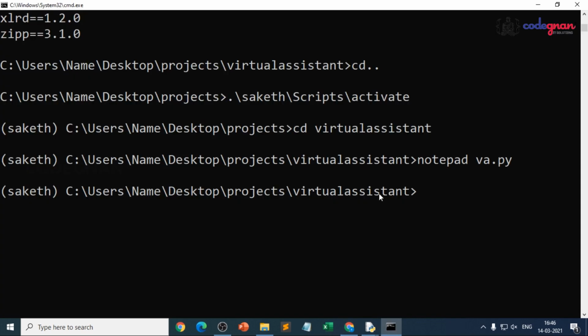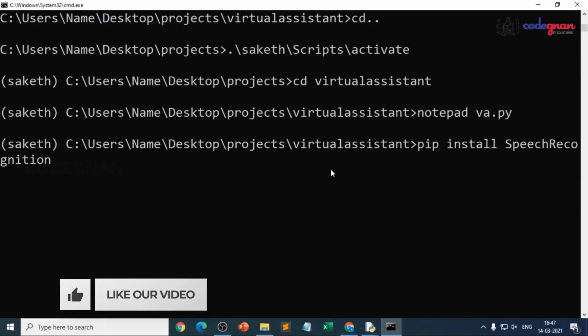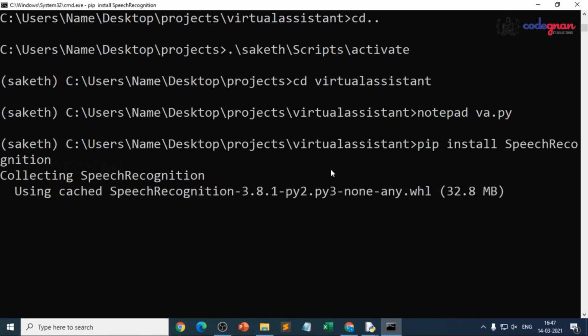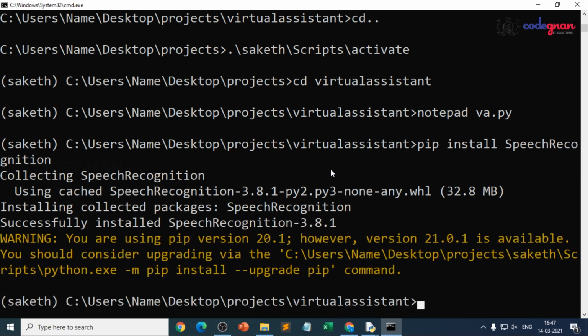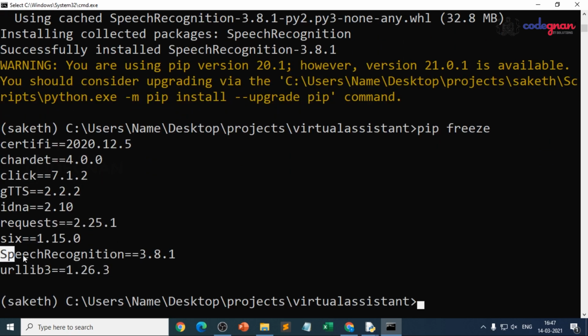So I'll just go to my root location in the environment. Always install within the environment only. I just give pip install. What is our package or library name? It is SpeechRecognition. Yes, capital S, capital R, R-E-C-O-G-N-I-T-I-O-N. Then automatically this particular library will be installed. Then you can just freeze them. I'll show you. Now installing collected packages, it is 35 MB, and when I go for pip freeze, you can see the SpeechRecognition package also.